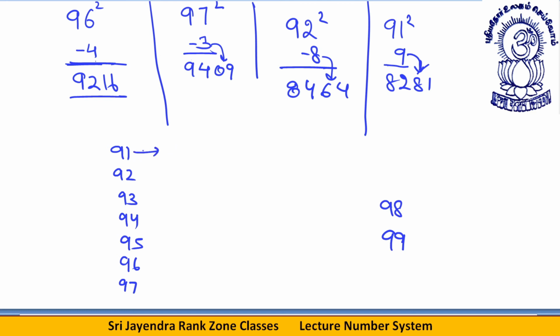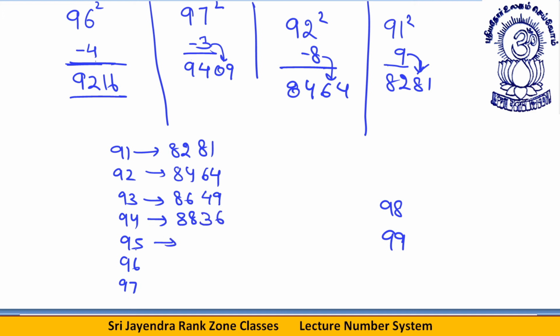91 is 9 short. From 91 you subtract 9, you will get 82. After that you write 81. 9 square. 92 is 8 short, subtract 8, you will get 84. Then 8 square is 64. 93. 93 is 7 short, you will get 86. Subtract 93 minus 7, 86. 7 square is 49. 94. This is 6 less. Subtract 6 more, you will get 88. 6 square is 36. 95. Either you can write 25, 9 multiplied by 10, 9 multiplied by the next number, 90. The 5 rule.